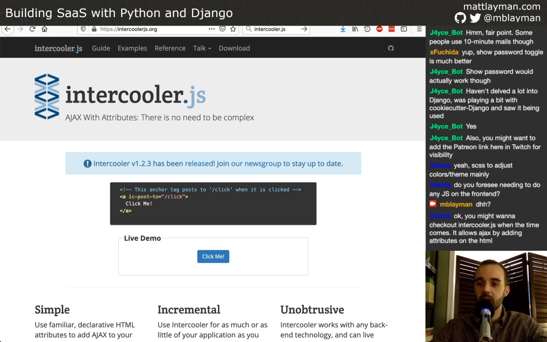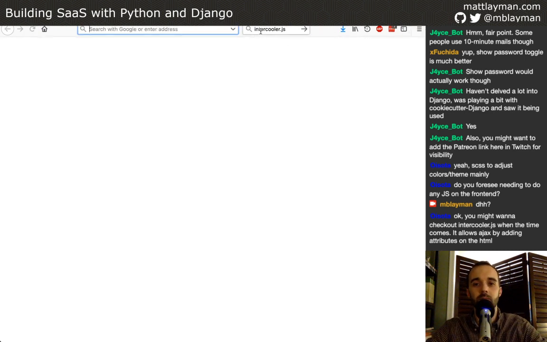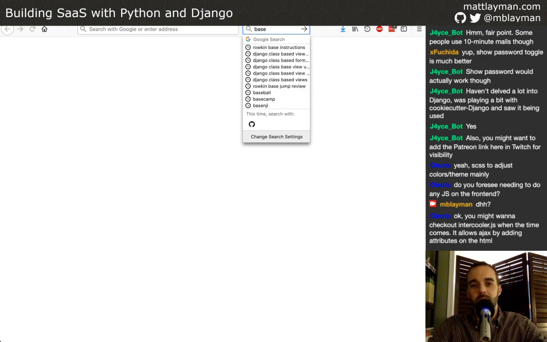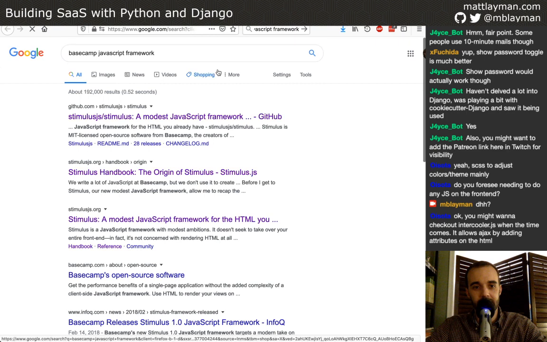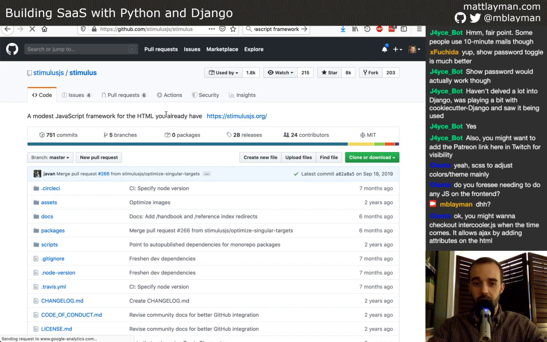So I'm not ready to bite off the JS beast yet, but I've been looking at a couple of tools. One of them is, and of course I'm drawing a blank on it. Shoot. Let's see if this search works. Basecamp JavaScript. Stimulus. There it is. So sticking with David Heinemeier Hansson and what he was talking about, he's got a